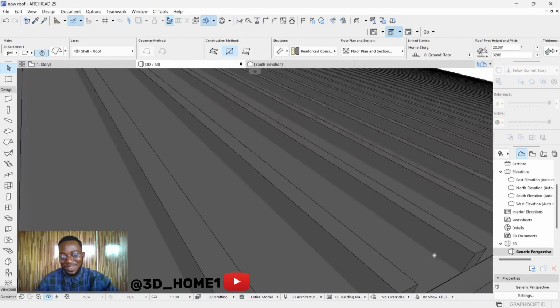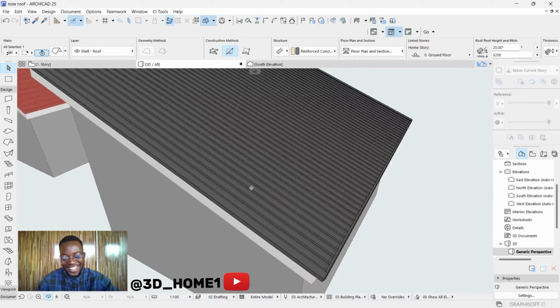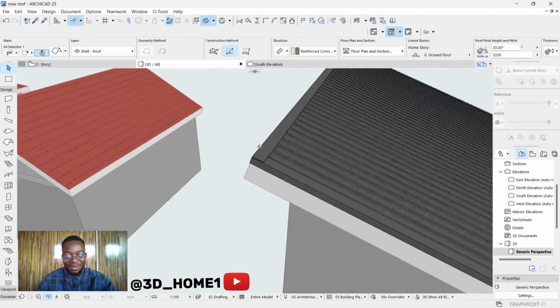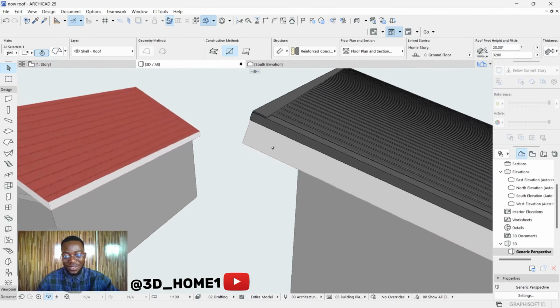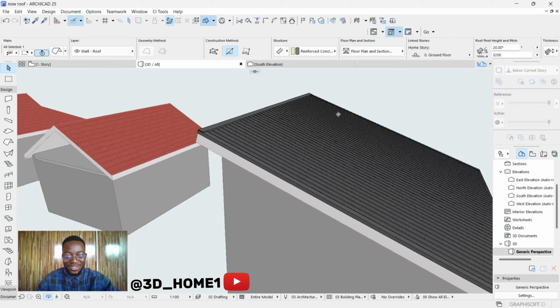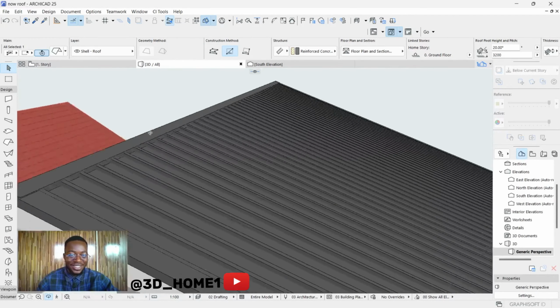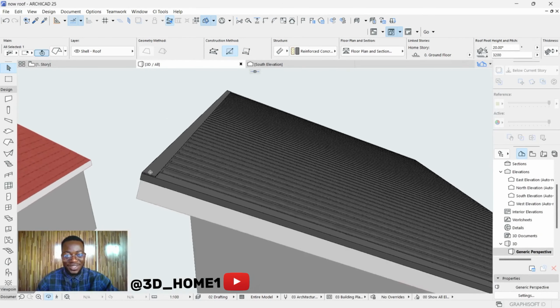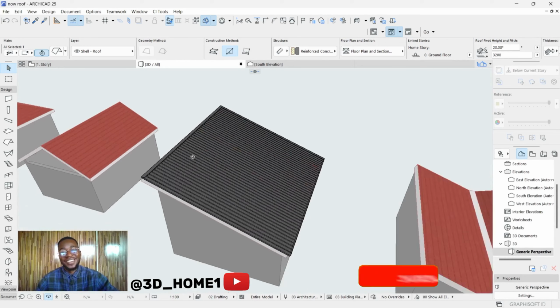So anticipate this. Very soon you can see the ridge cap, everything is coming out very, very clean. So it's different. It's very, very realistic. You can see the gutters, depth and the rest. Just a hint, and hopefully we'll make a